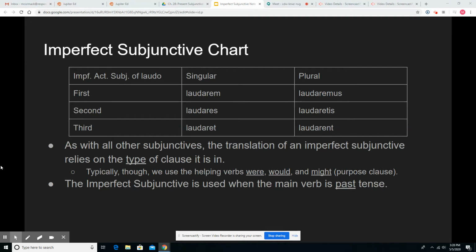So here we have our full chart, which we talked about in the video on the previous slide. So if you didn't quite get that, it's here for you also. Now, about the translation of the imperfect subjunctive, we're not going to translate them in a drastically different way. As with all other subjunctives, the translation of an imperfect subjunctive relies on the type of clause that it's in,